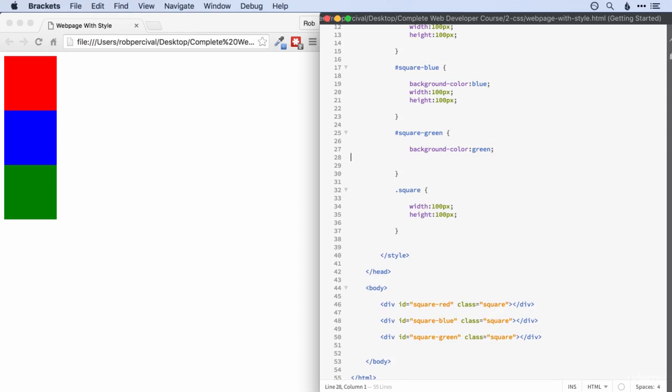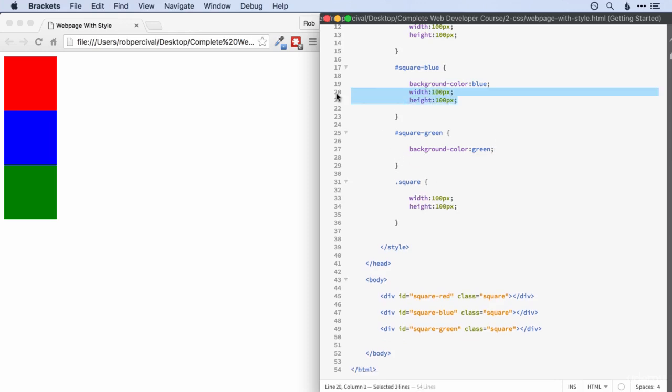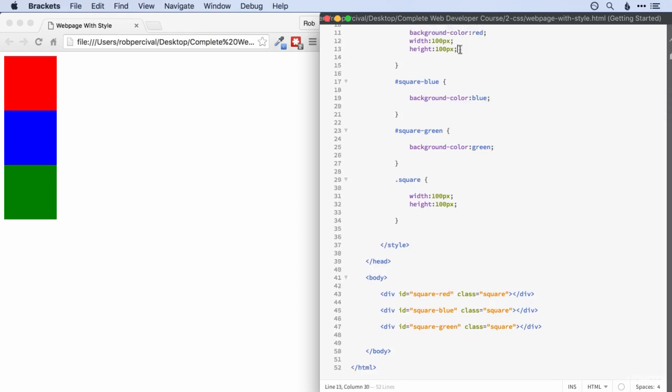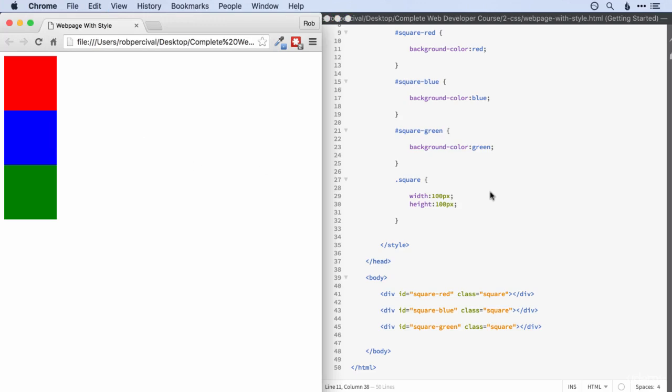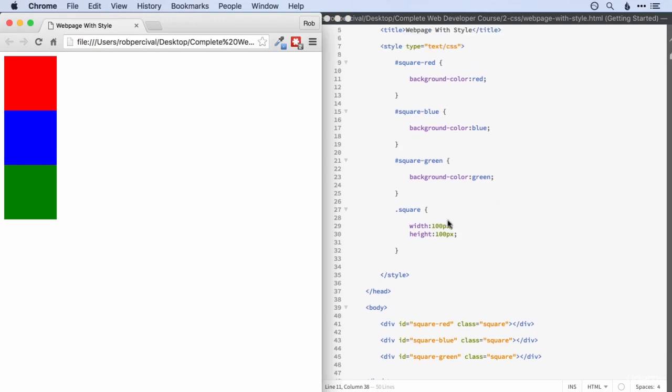So I'm going to put that in there, and then I can get rid of it everywhere else. All right, so let's have a look. Excellent. It's still exactly the same as it was before, but we now have 2 big advantages. One is that we have less code than we had before. Well, probably just about. But the bigger one is that I can now update all of these squares with just one